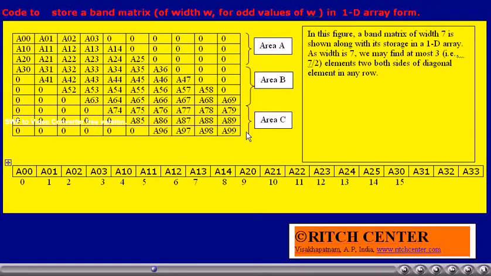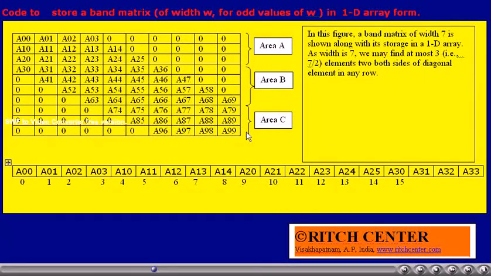In the following slides, we will try to demonstrate how we can find out the index in respect to the 1D array, given the row and column index of any element of the 2D array.